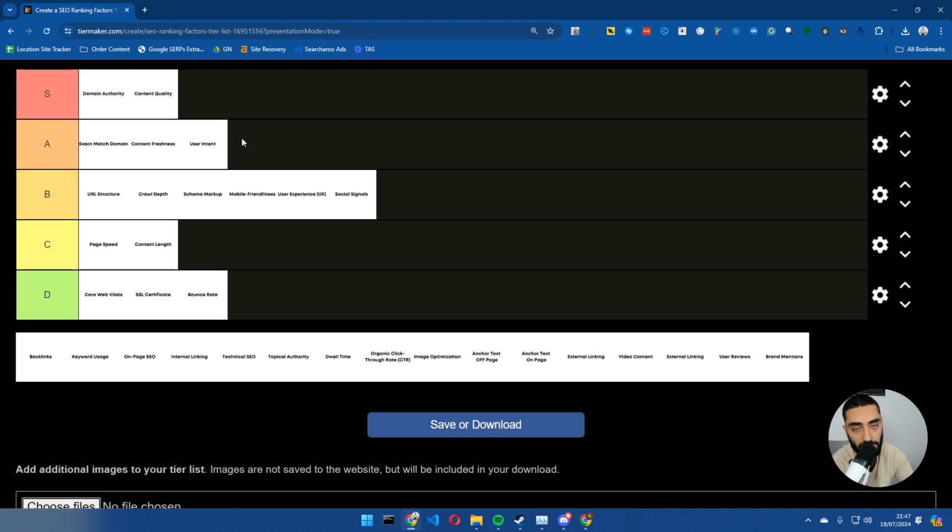Because if it's an FAQ page where people literally just read the question and they get the answer and then they bounce off, then there's nothing that you can possibly do to keep them on your website. I mean, obviously there are certain things like making certain that you've got good internal links, but as a whole, bounce rate is kind of just bounce rate. Unless, for example, you have got a hacked website and your bounce rate is naturally high, but again, I'm going to assume that you don't have a hacked website.